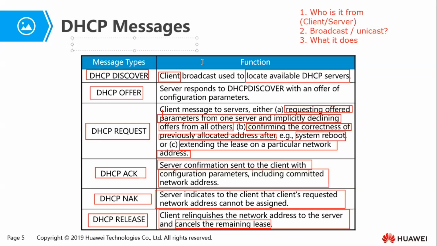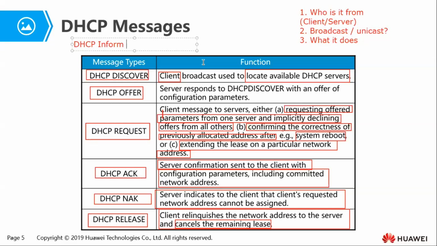Then there's another DHCP message that is in the notes but was not captured here on this slide. It's called DHCP inform. DHCP inform message. Now, the DHCP inform message is sent by the DHCP client to obtain other network configuration information,